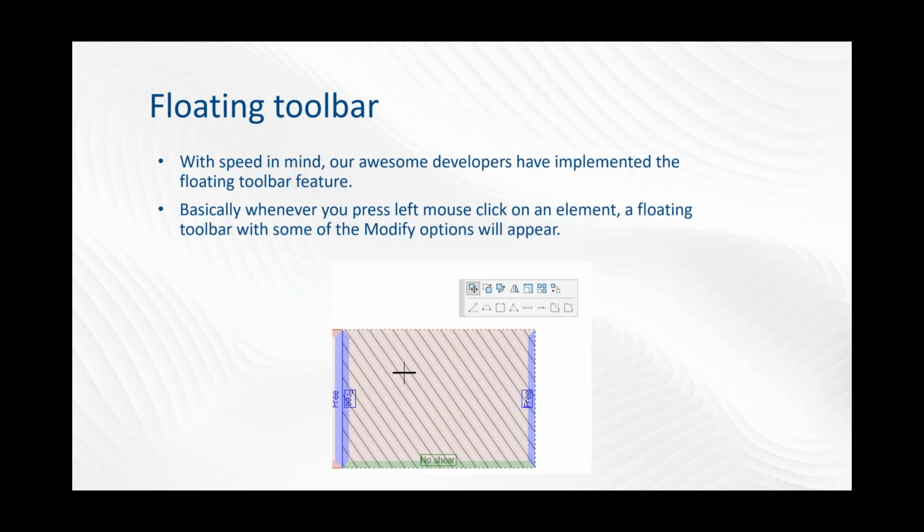Then we have the floating toolbar. The floating toolbar is basically having speed in mind. So you no longer have to move the mouse over to the toolbar, which is on the side. Now, as soon as you right click, you will have this toolbar right near your mouse, so you can easily modify the geometry, or